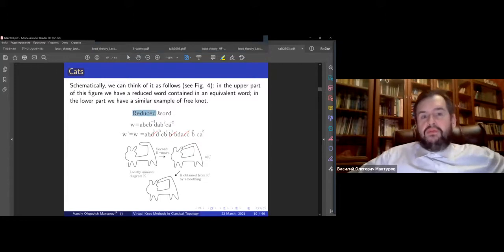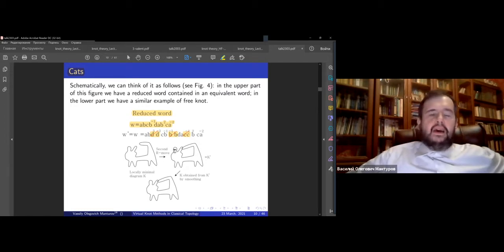So why am I happy with free groups? Because if I have a word in a free group, then we have a unique reduced representative of that word. This unique representative can be obtained by simple cancellation of similar terms, which we can do here and there. Finally, we see that this minimal word sits inside any other word equivalent to that. Now I want to dream that we can have the same for knots. Actually, when I dream easily, this will not be true, but let's do something like that.